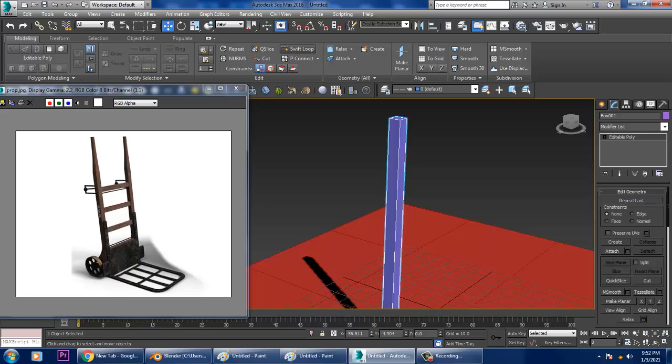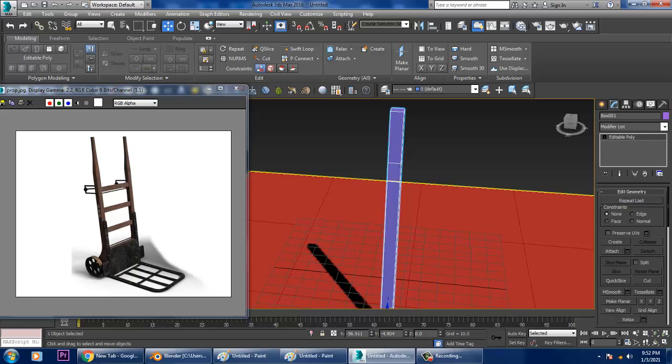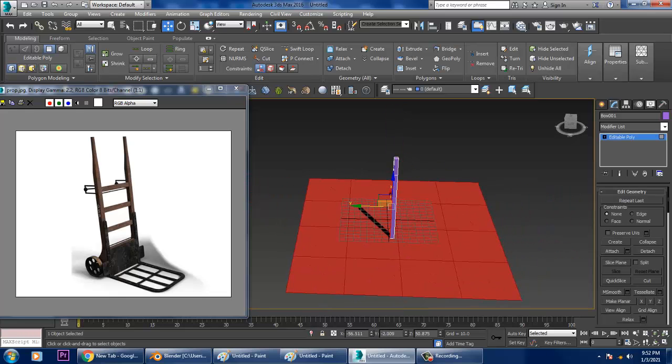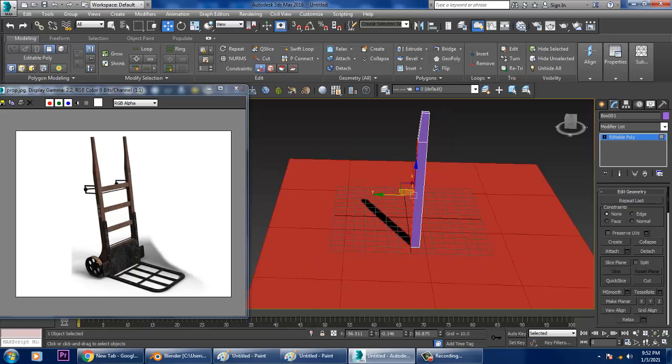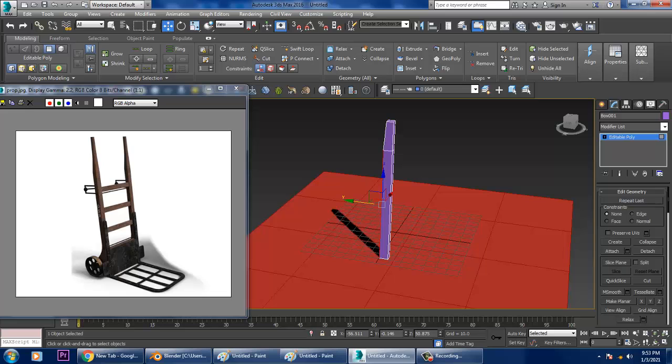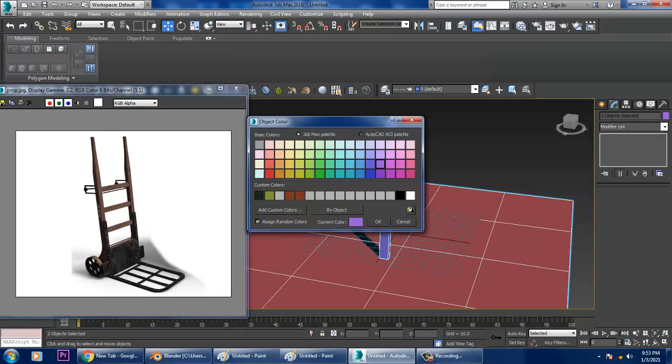Let's take one swift loop over here. Let's go to the polygons over here, and slightly we'll be just pushing it out over here. So let's just select that, give a color to it,